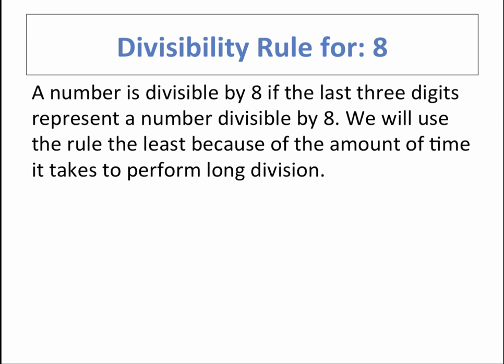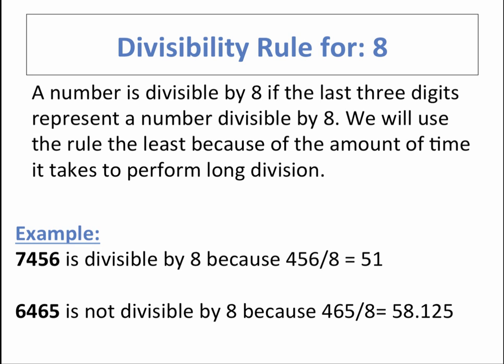This next divisibility rule, the rule for 8, is the least practical out of all the ones that we go through, and the reason is because it deals with mostly larger numbers. It states that if the last three digits of a number represent something that is divisible by 8, then so is the larger number. So for example,